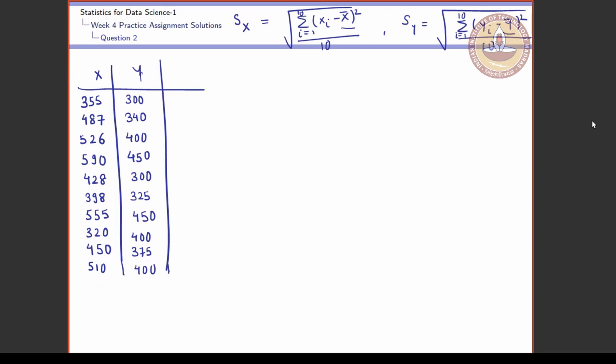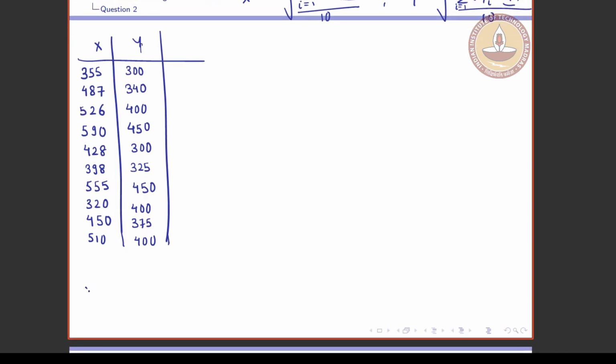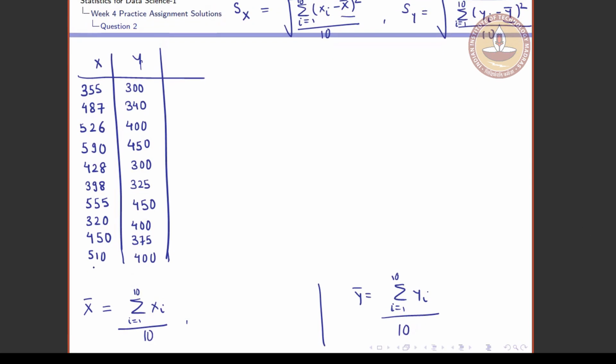So what is the formula for mean? As we know, the mean is given by x bar is equal to the sum over xi, where i is varying from 1 to 10, divided by 10, and similarly y bar is equal to the sum over yi, where i is varying from 1 to 10, divided by 10. So let's calculate the sum. The sum will be equal to 4619, and if you add up all the marks the students obtained in class 12th, it will be equal to